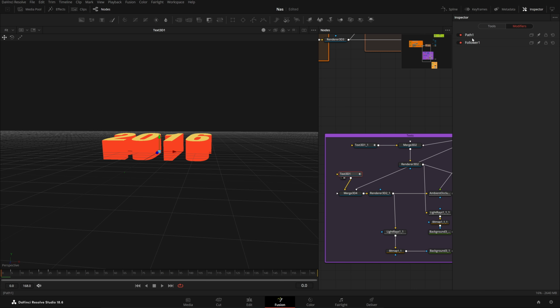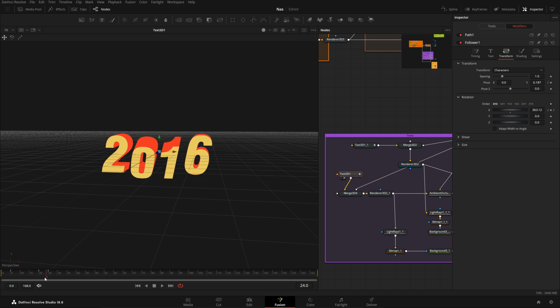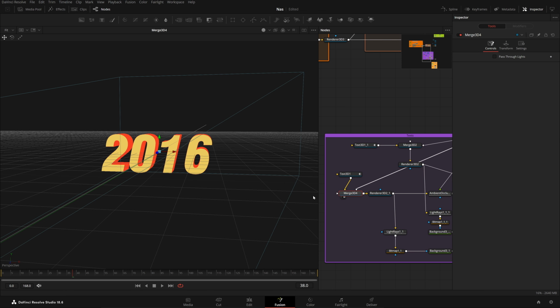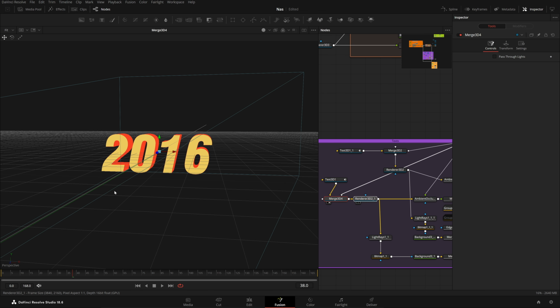Follow modifier has been enabled, as you can see, and the follower delay is 3. Then if I go to transform, you can see the rotation has been done. From the 5th frame to the 20th, it's something like this, and at the 25th, it's like this. Then with merge, I added the camera, then in renderer,